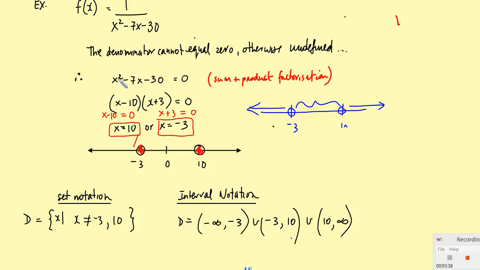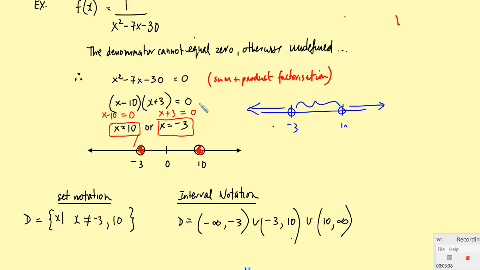So when I look at it and I say x squared minus 7x minus 30 is equal to 0, I can use the sum and product, if you recall. So what two numbers multiplied together give me negative 30, and added together give me negative 7. And so I find out that the numbers are negative 10 and 3. Then I use my null factor law as we had done last year, so that I can say either x minus 10 is going to be equal to 0 or x plus 3 is equal to 0, so that I know that x equals 10 or x equals negative 3. Those are the 2 points